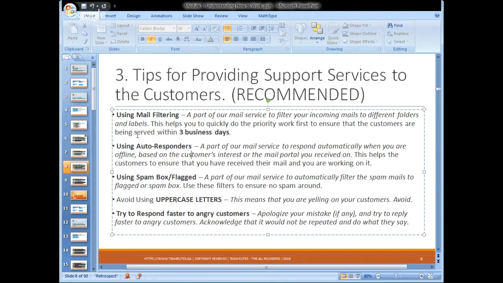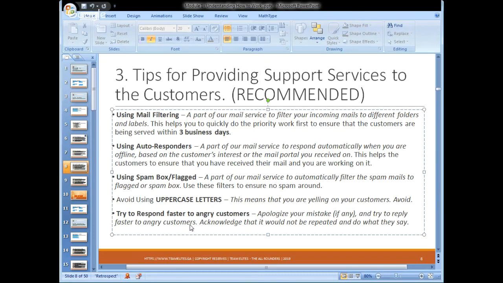So this means that you must have an autoresponder for each and every mail ID. And mail filtering is the most important part: if you are holding multiple inboxes, you can use different labels and different boxes and do mail filtering to give priority to other customers. Try to respond faster to angry customers. This is the most important point. Apologize for your mistake if any, and try to reply faster to angry customers first.